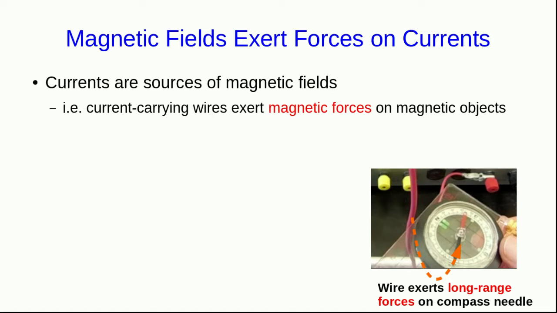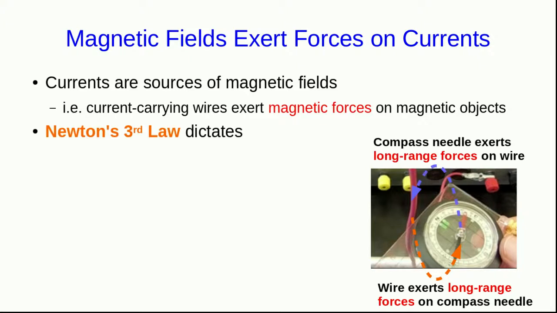And so, for example, the wire with a current running through it exerts long-range forces on a compass needle, and that is why the compass needle turns to point in the direction of the field as you move it around near the wire. Well, as always, Newton's third law must apply, and so because the wire is exerting magnetic forces on the compass needle,